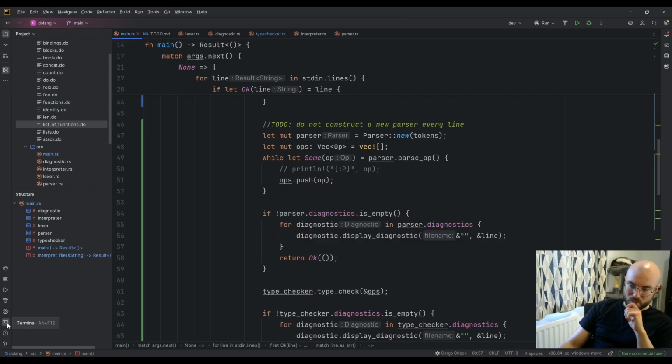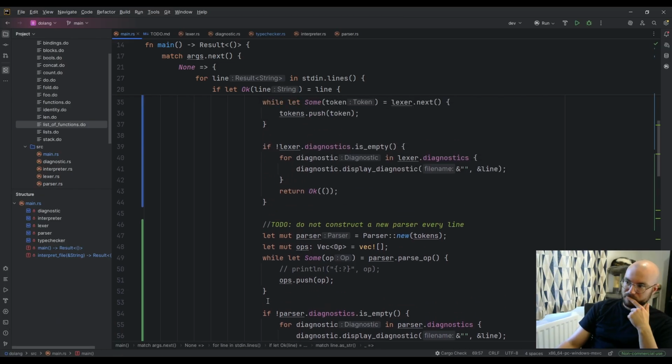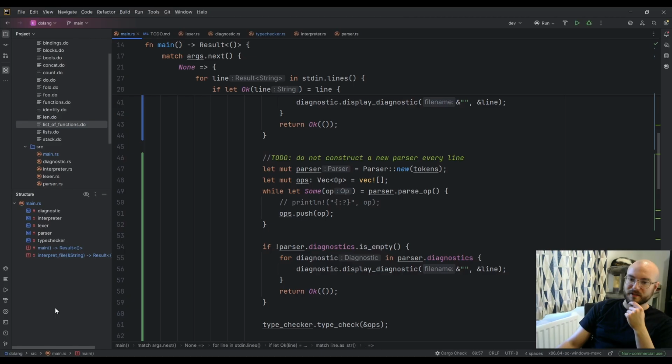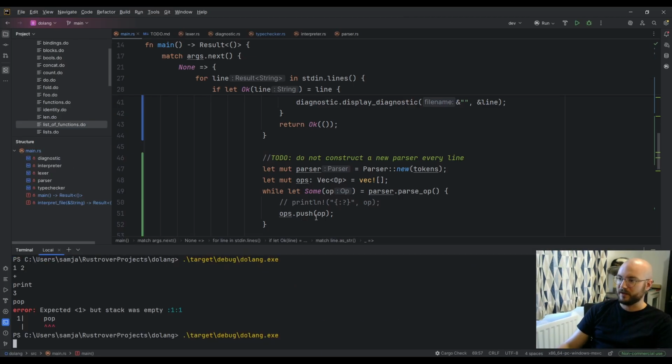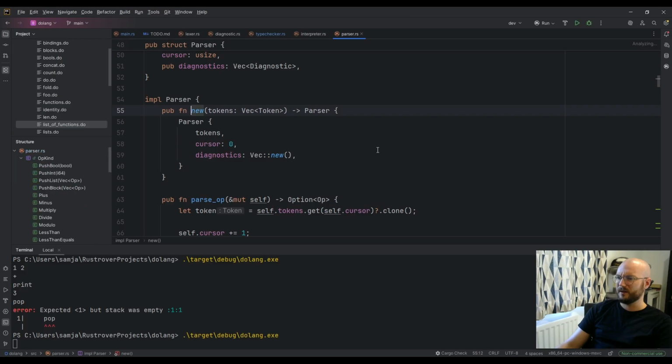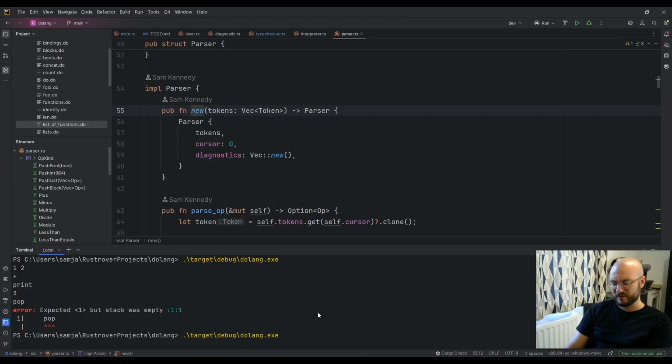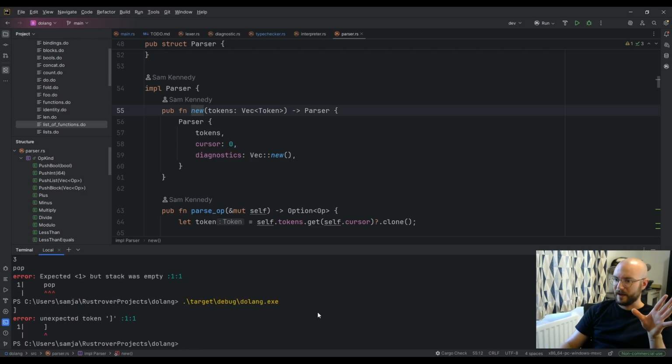So what would trigger a parsing error? Let's look in and find out. I know what will trigger a parsing error, because you can have a valid token, but it's not a valid operation. Yeah, unexpected token.